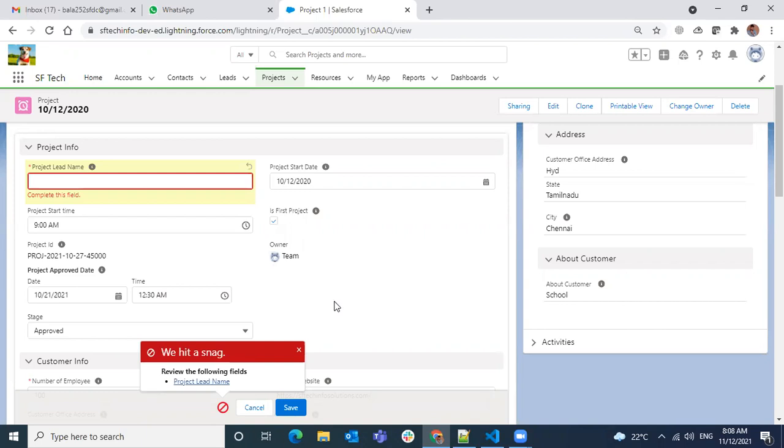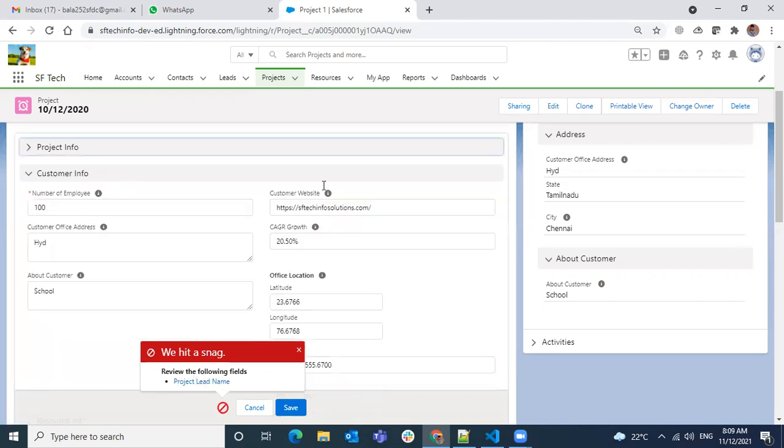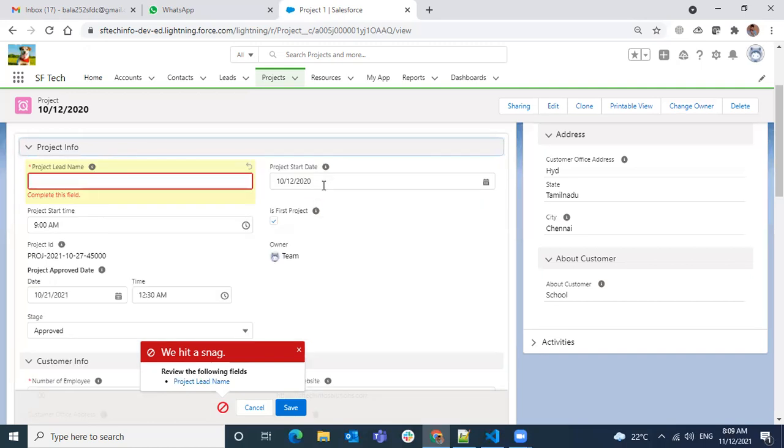Okay, so in this scenario, I am making project lead a required field at the database level. If I give a blank or empty value, it will not allow me to save the record. And it is showing the error at the field level. On this field, it is highlighting with a red color and saying complete this field. So this is a required field. This is a validation on a specific field because the field is required.